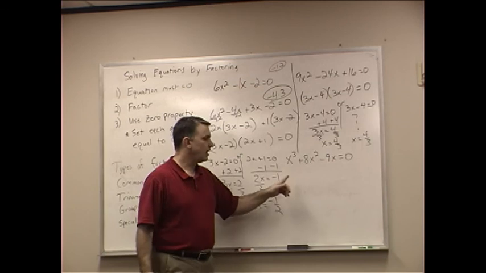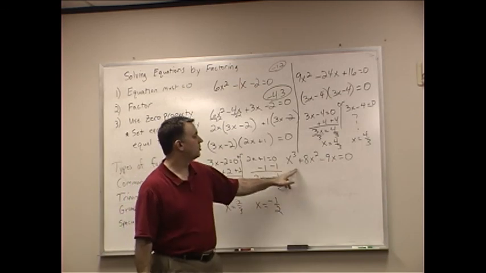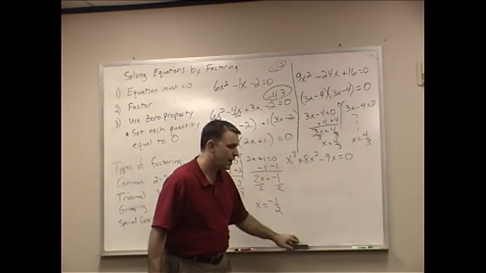All right. The last one is x cubed plus 8x squared minus 9x. Now,